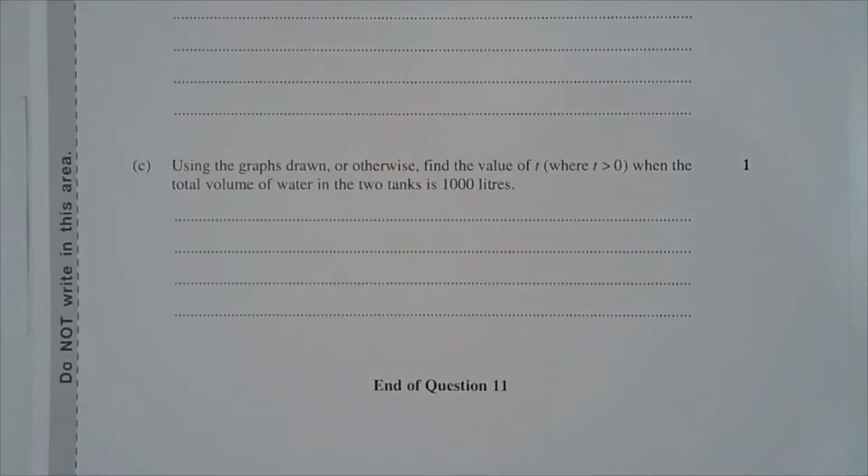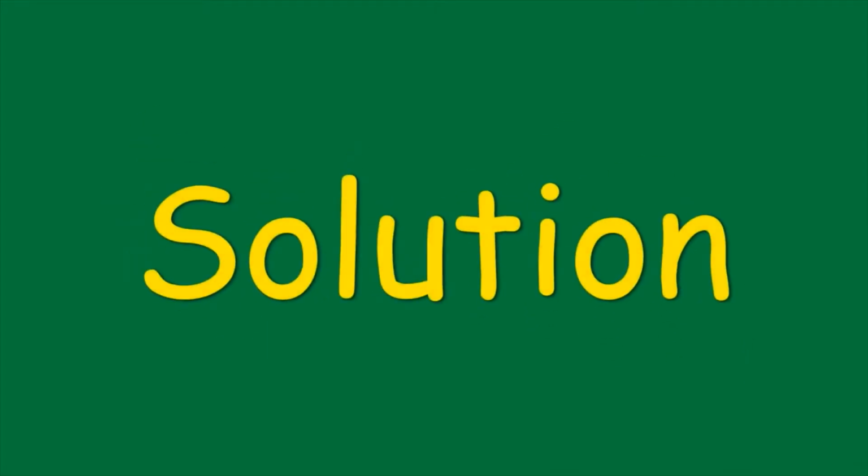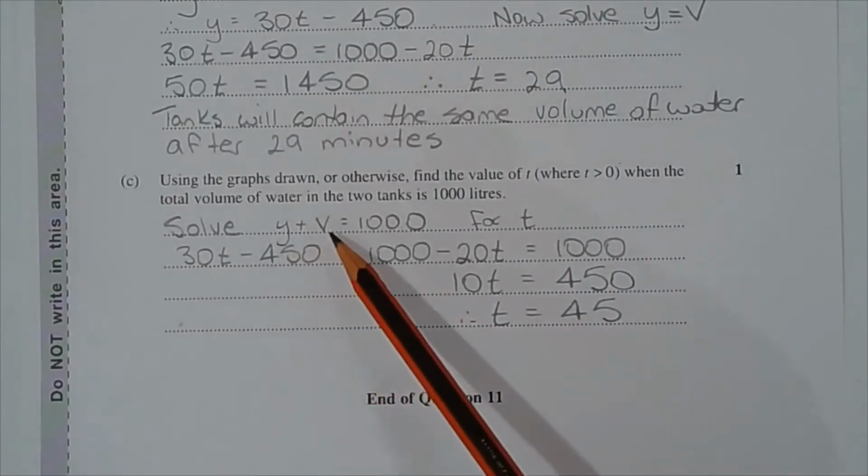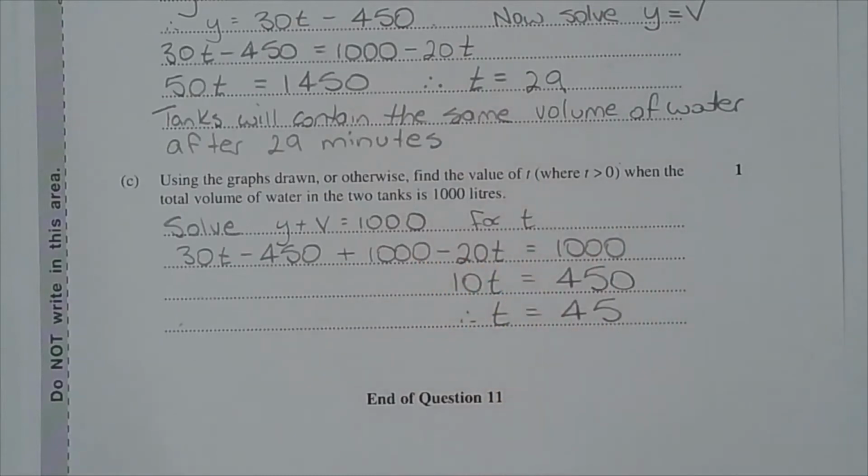Part C. Using the graphs drawn or otherwise, find the value of t, where t is greater than 0, when the total volume of water in the two tanks is 1000 litres. Since we've already determined the equation that models the amount of water in tank B, we can use an algebraic approach for part C. We're going to solve the equation y plus v equals 1000 for t,